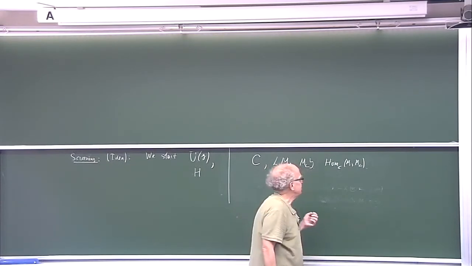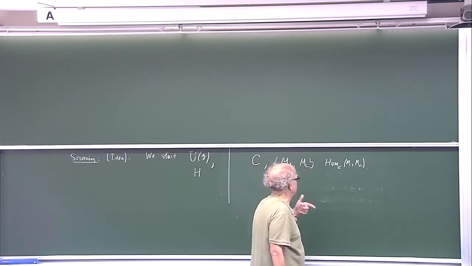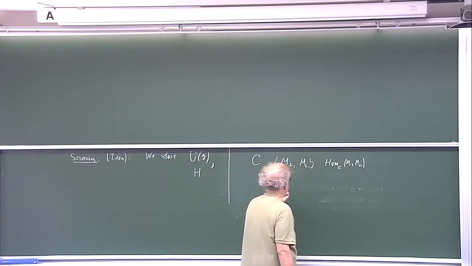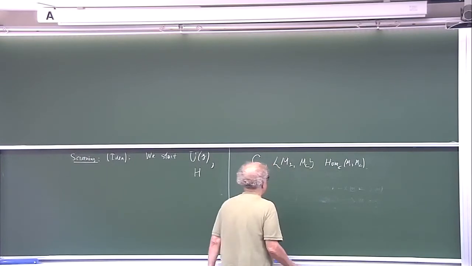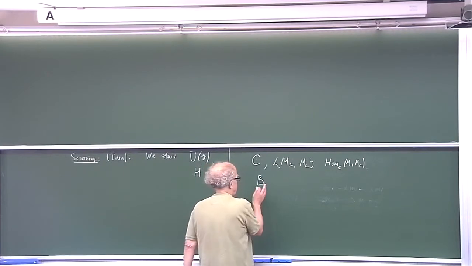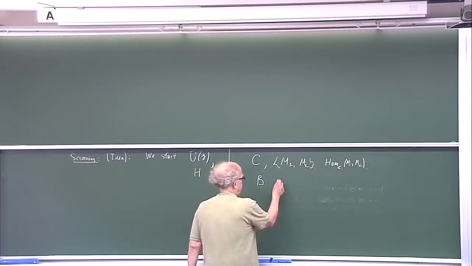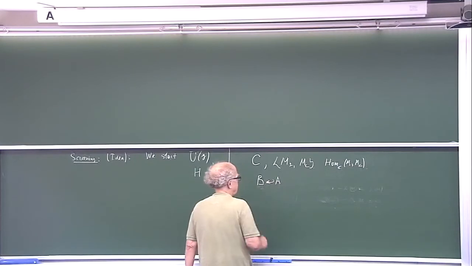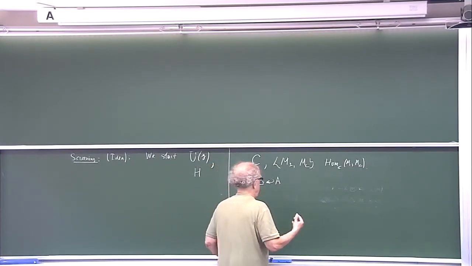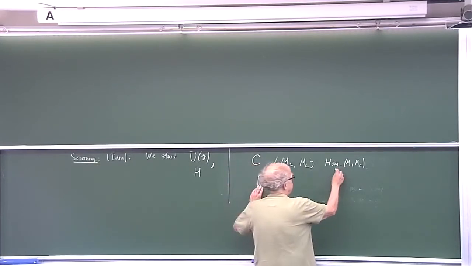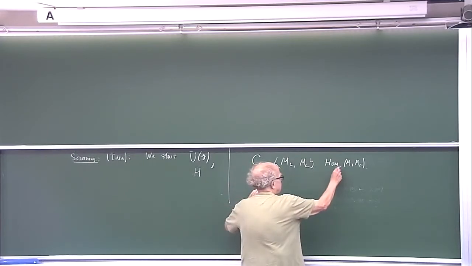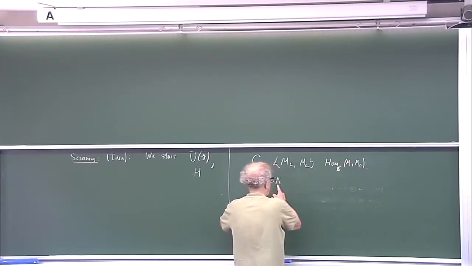In principle, such a story can appear in the following way. If M is a representation of some algebra B, and if in B we have some subalgebra A, then the idea of extension is that we have morphisms in the category of B models, but we can consider M1 and M2 as A models.